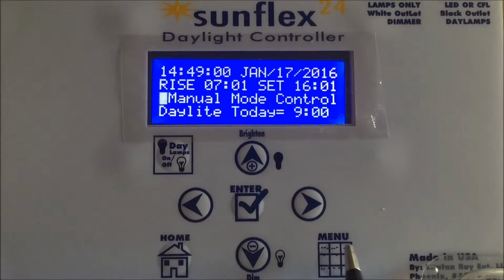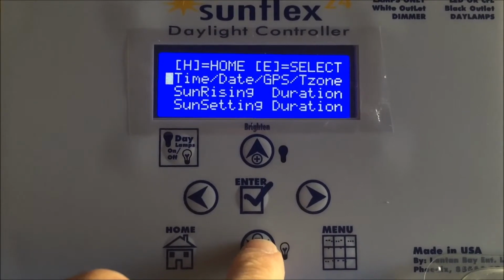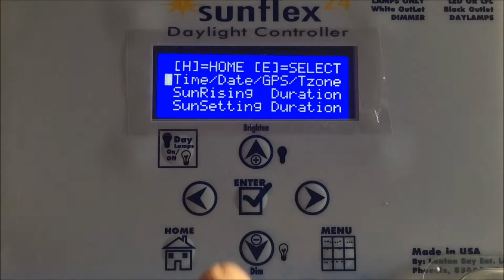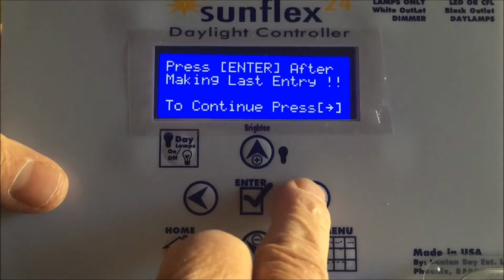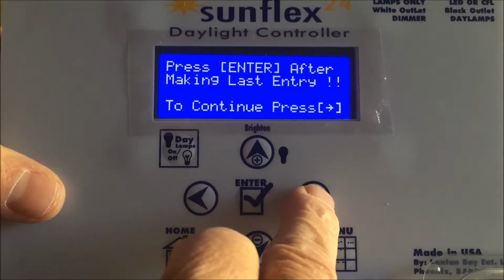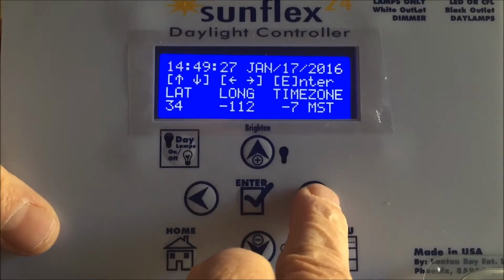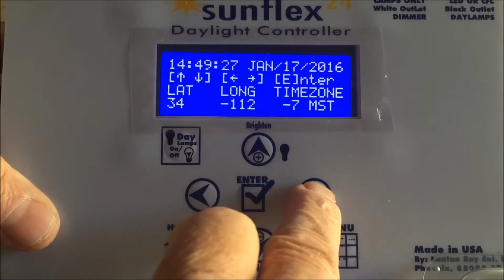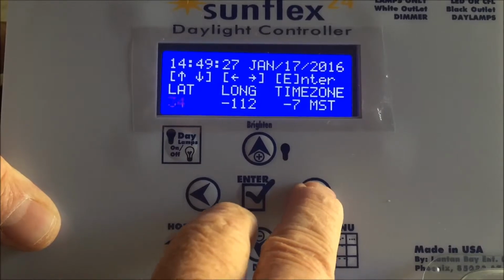So we're going to go to the menu push button, select menu, and scroll down one position. To set the date and time, press enter, and it tells you basically we're going to adjust the date, time, and GPS coordinates. Press enter to continue, and one more time it reminds you to press enter only after making the last entry. Time: hours, minutes, seconds, month, date, and year, latitude, longitude,